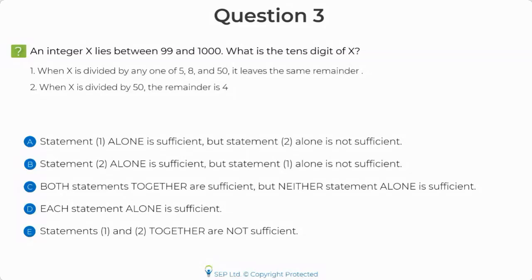we need to combine the statements to get the answer. Can anyone tell me what concept we have to use here to solve this question? What concept do we need to use to solve this question? Yes, Shubham, it will be available on YouTube. Deepak, Sudeep, Harsh. Okay, Harsh, Deepak, Sudeep, you're also correct.